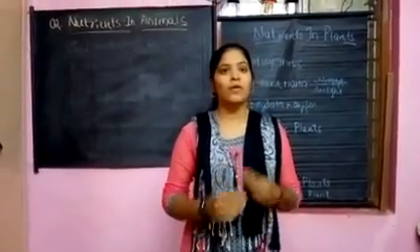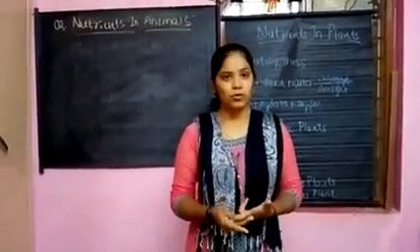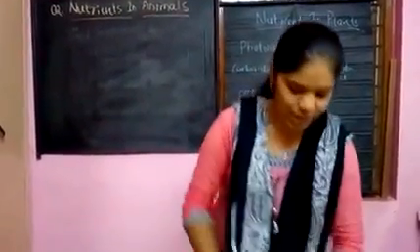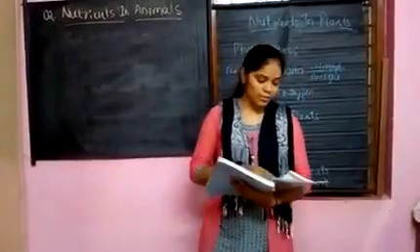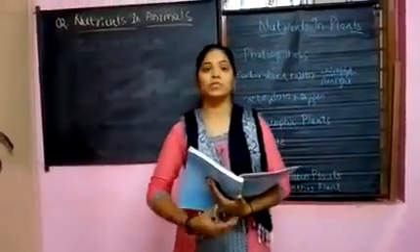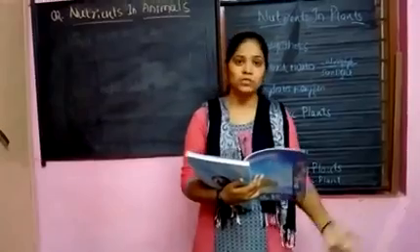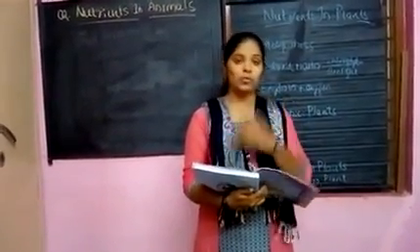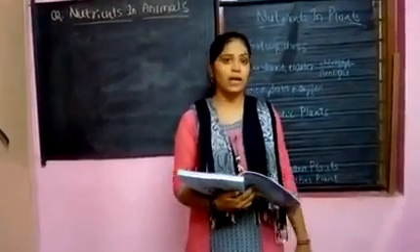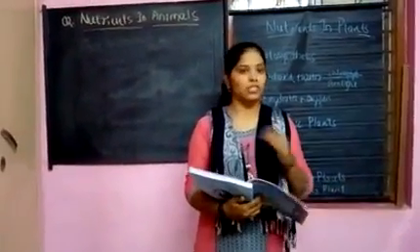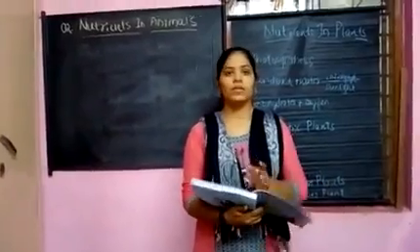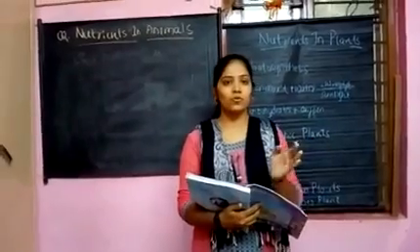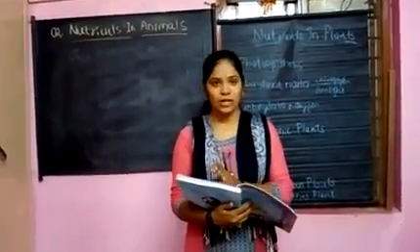What are those? First one, autotrophs, heterotrophs, photosynthesis process, then the parasite, then chlorophyll, then insectivorous plants, nutrients, nutrition, host, and then saprotrophs, saprotrophic mode of nutrition, symbiosis, and stomata. These are mentioned in the textbook. You refer to the textbook for an answer and write the right answer for those keywords in your notes.